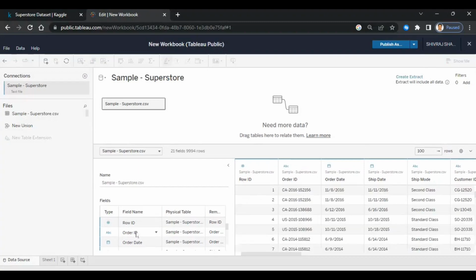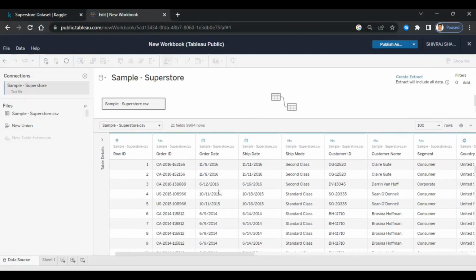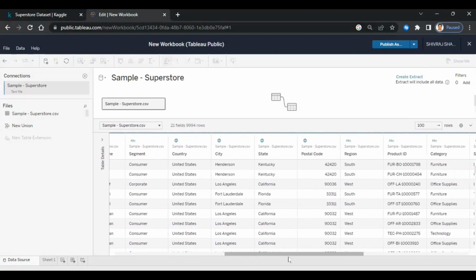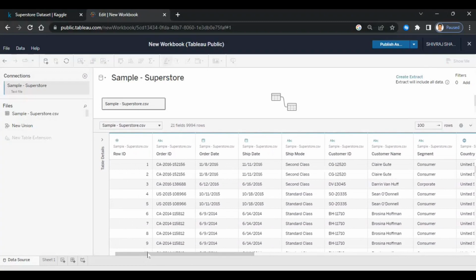Your complete data, having row ID, order ID, and all these credentials in the name of columns, will be here. See, there are 21 fields and 9,994 rows in our data, right? Tableau visualizes 100 rows as a sample preview of your data. So you can see the whole data is extracted here, and the whole data set is also used in your particular visualization. Now, where we have to do our visualization is available at the bottom, just aside of data source, that is sheet number 1. Just click on that